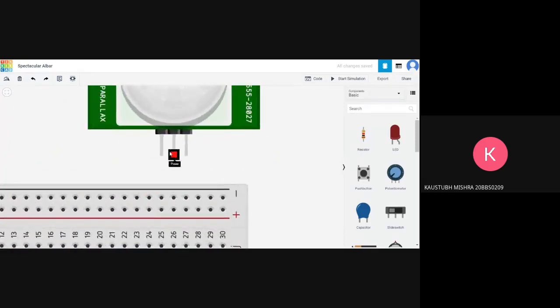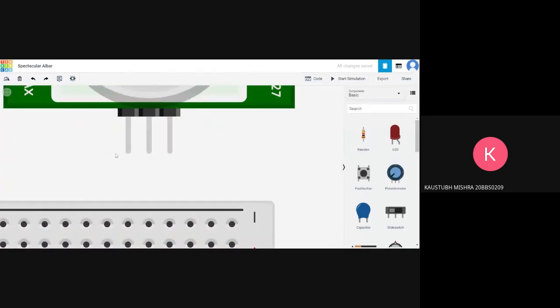For the PIR sensor, you can zoom in on any component and hover over the terminals, and it will show you what that terminal is for. This terminal, as you can see, is for the signal. This terminal is for the power, and this terminal is ground. Ground, we all know, is to be connected to the ground. Power is to be connected to the 5-volt pin, because this sensor obviously needs electricity to work. And the signal pin is the main pin through which we will be taking an input.